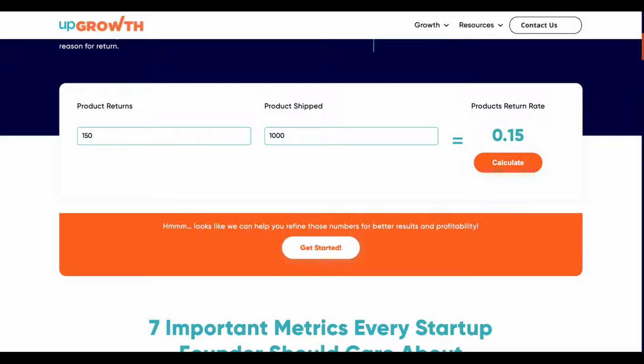It's not just a standalone metric, it influences several key performance indicators and can significantly affect your bottom line. Higher return rates, as we know, can lead to increased costs associated with restocking and processing returns. Ultimately, it can impact your profitability and slow down your inventory turnover. So it's important for you to identify patterns in returns. Companies, particularly online businesses, can then improve their supply chain process and reduce operational inefficiencies.